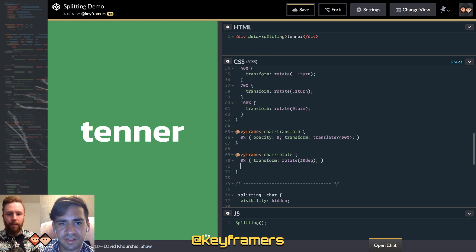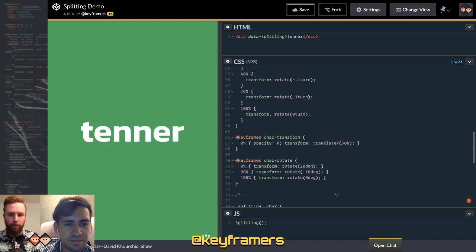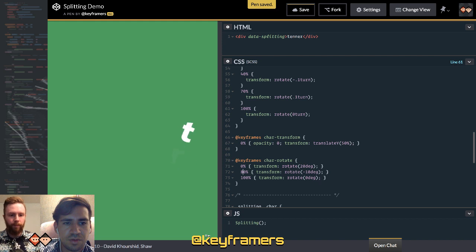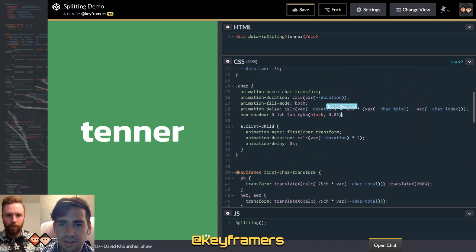Nice. Yeah, so let's say 90% transform, rotate negative 10 degrees. Adding a really subtle box shadow to each of these.